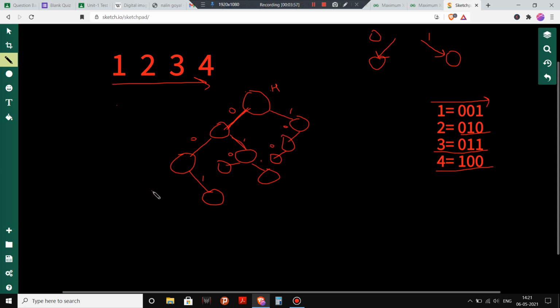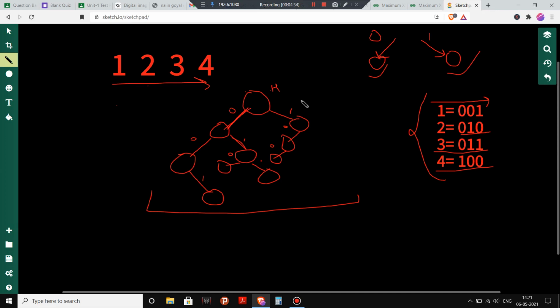So here is a tree, or we can say a trie, that I have created out of the binary representation of these values. For 0 I was moving to the left part, and for 1 I was moving to the right part, and then I created this trie. Now for each of these values, 1 2 3 and 4, I will find the other integer with which it can have the maximum XOR.